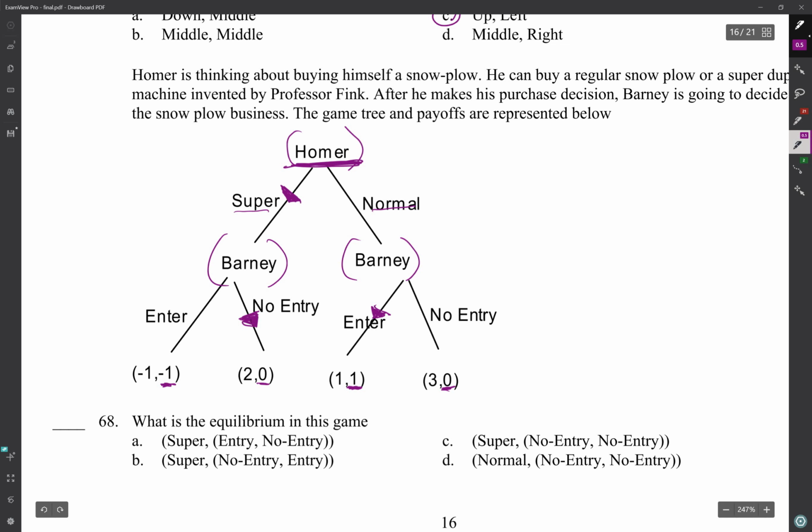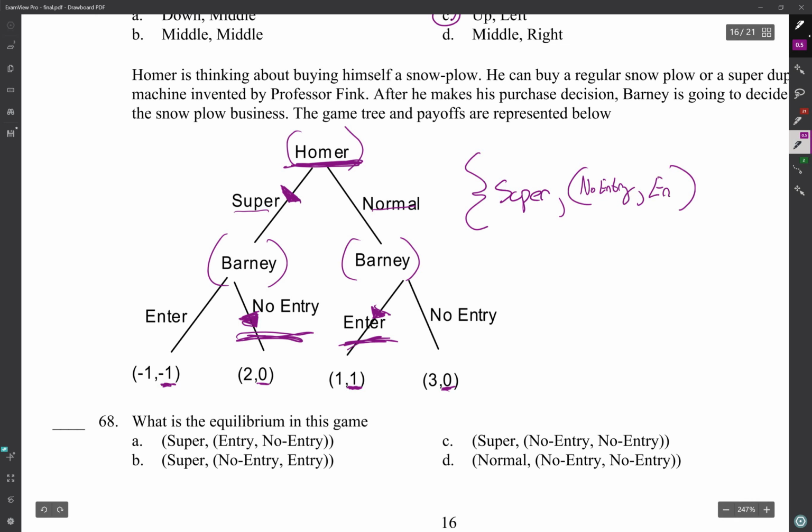So our equilibrium, when we write it for a sequential game, has to include all of the possible strategies. So player 1 could choose super or normal. He chose super. So Homer chose super. I'm going to separate the 2 players out by parentheses. And for player 2, we have to put everything that they did. So player 2 chose no entry and enter. We're just going left to right here. So no entry